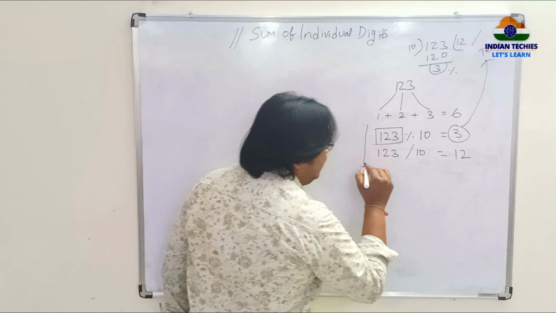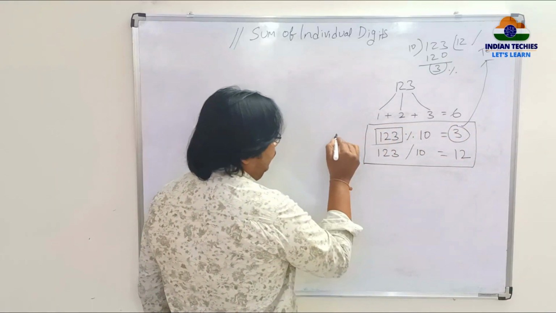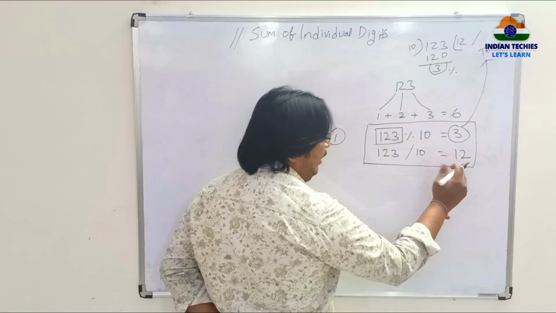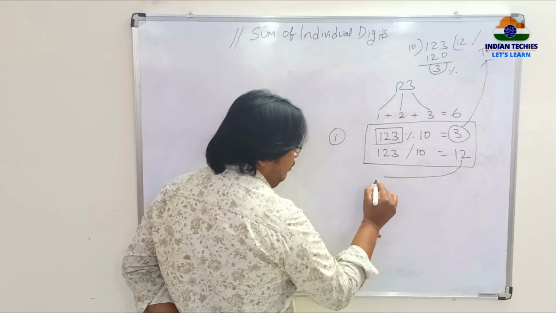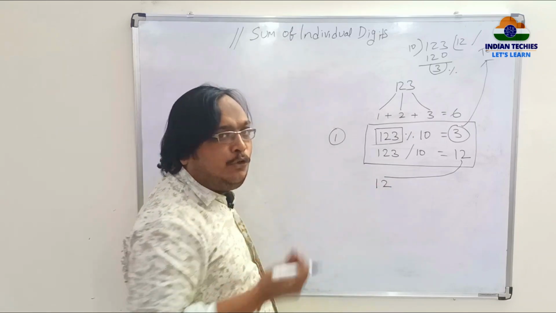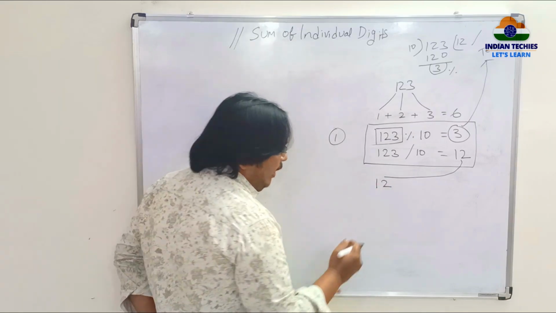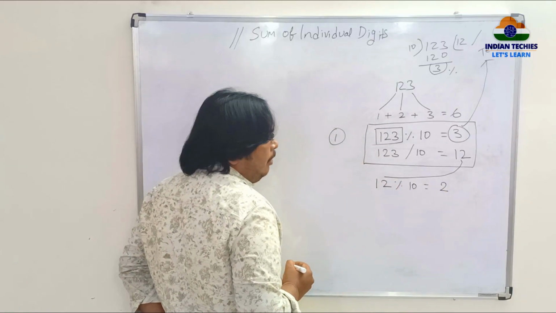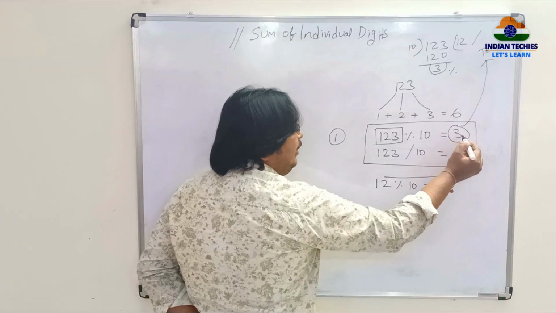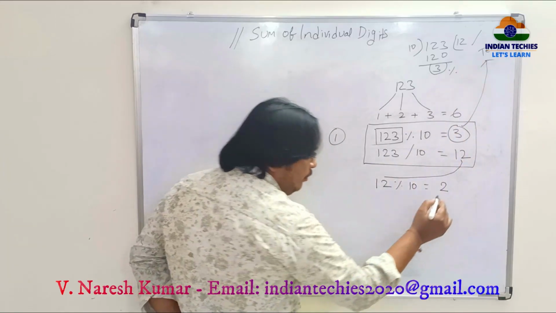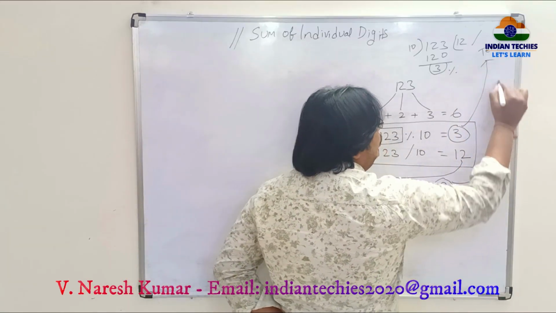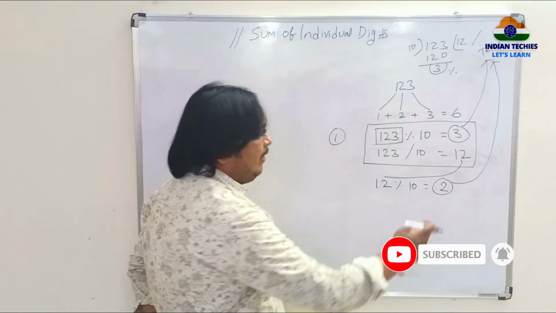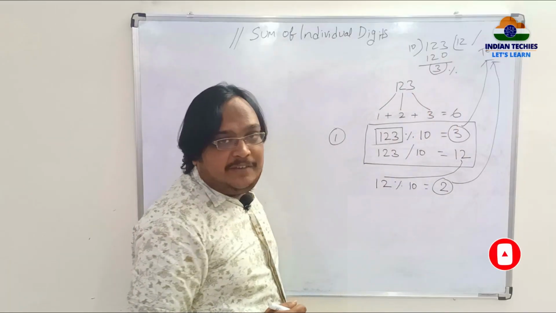So this is step 1. Now 123 has been modified as 12. Now take this latest value 12 and extract 2 from this, the same step as above. That is 12 mod 10. How much? The remainder is 2. So you have already got the previous remainder 3 and placed it in a temporary variable. So take this 2 and add it to the previous temporary variable. Now the temporary variable value is 5, because 3 added with 2, the temporary variable consists of 5.